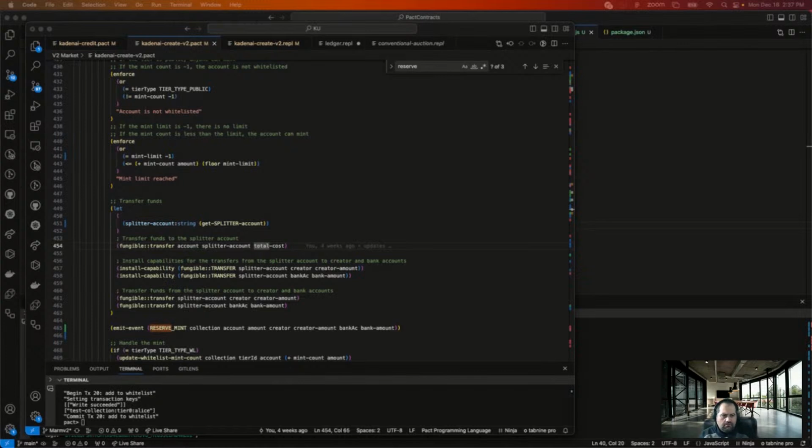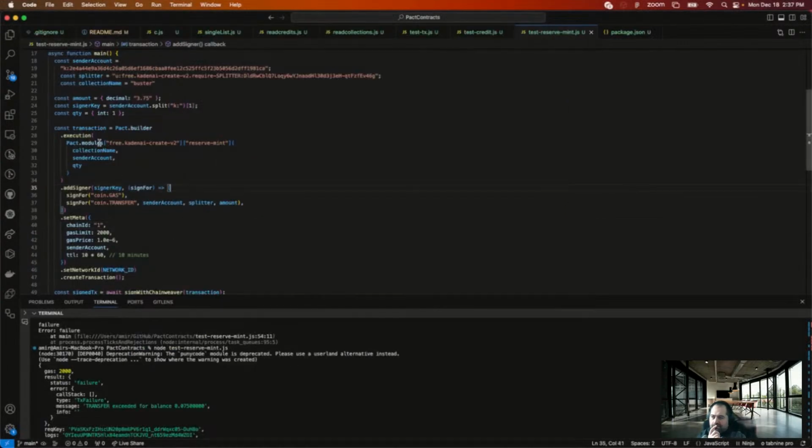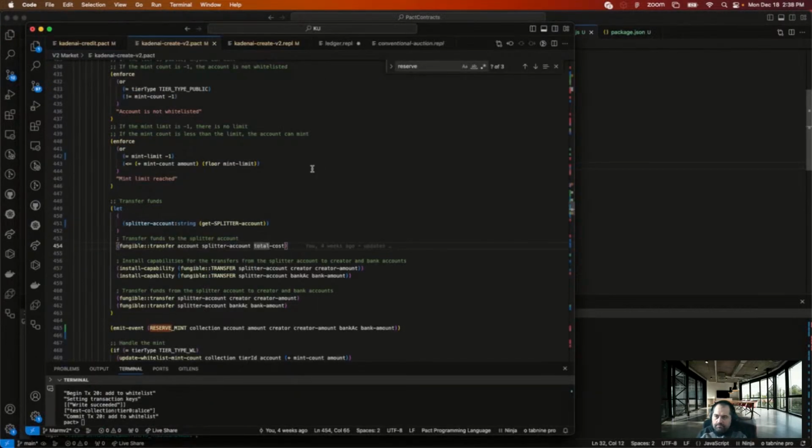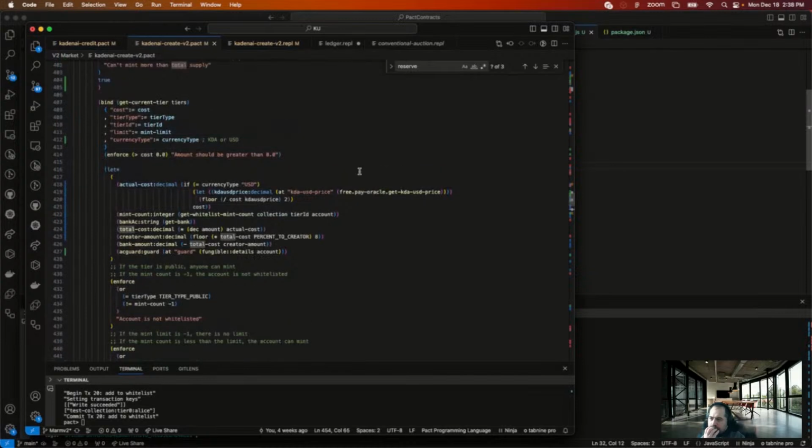Transfer amount to the splitter. No way that's it. Collection account quantity. Oh boy.